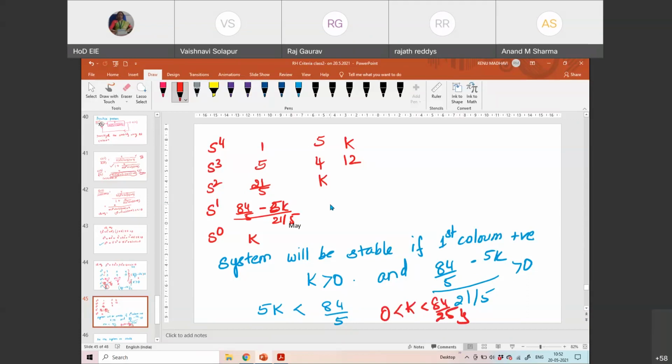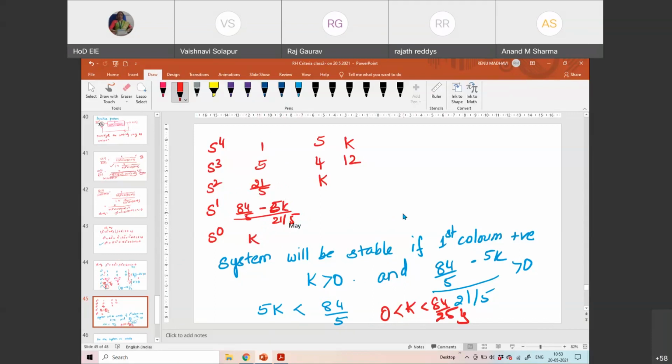Now, that is one thing. If I give you some problem and ask you to find the range of k for which the system would be stable, look at the first column and see the parameter, maybe K, Y, P, whatever they give. You have to see what makes that particular parameter positive. So here straight away I can say k has to be positive. For this equation to be positive, I found out the value of this parameter, and because it has to be greater than and it has to be less than, I put the range of k for which the system will be stable.